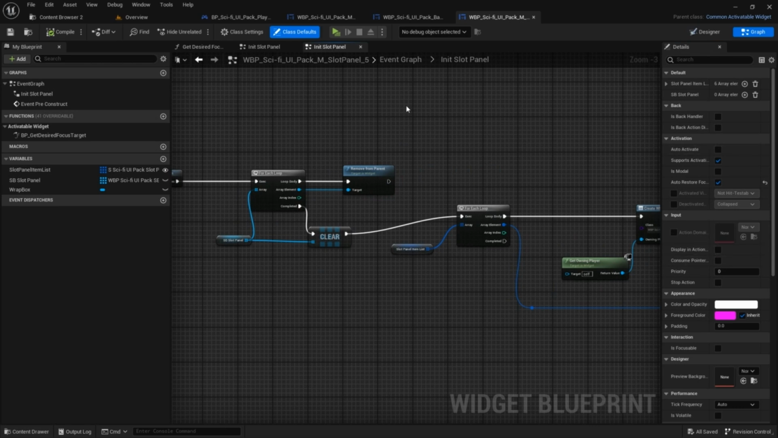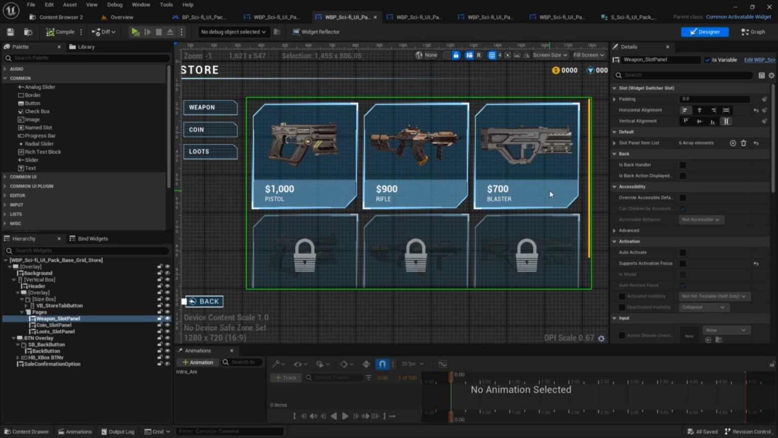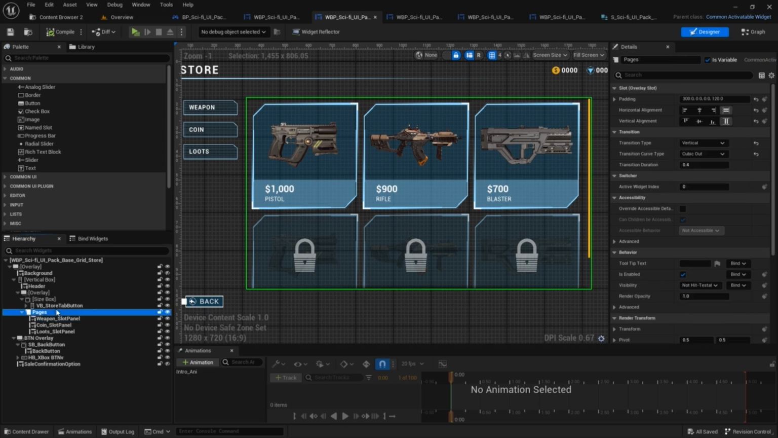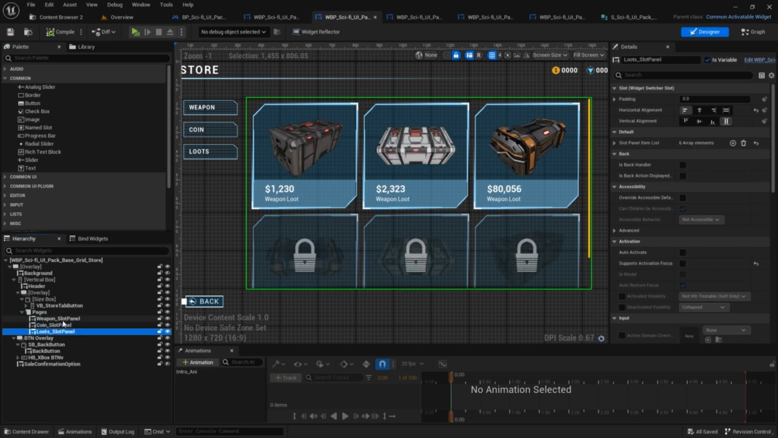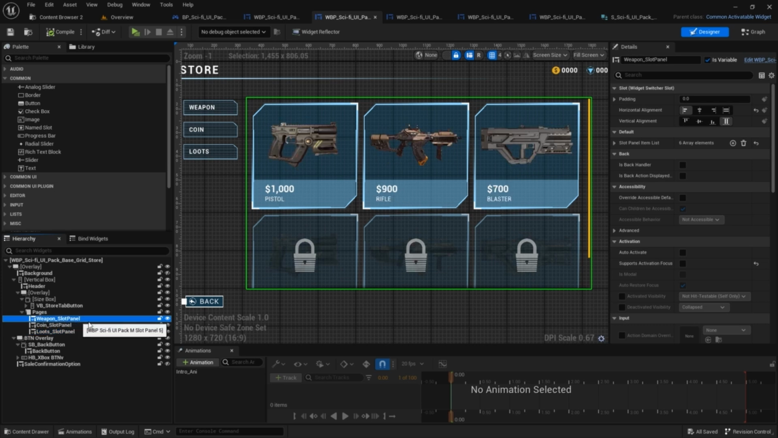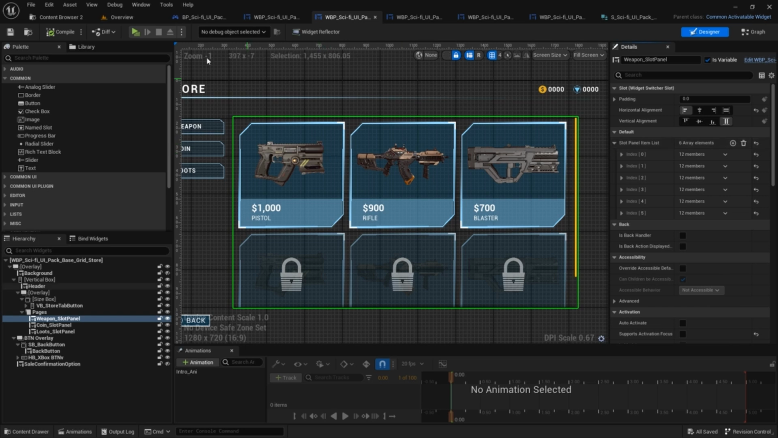This widget is built with a struct. The contents of the widget switcher, the weapon slot panel, the coin, and the loot were built with a struct, so it's using a struct for its array component. So to access that,